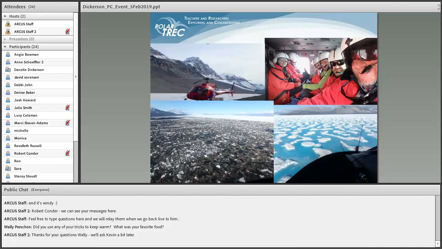So the idea with the different teams that come here to the dry valleys is to study these different areas: the glaciers, the soils, streams, and lakes. And each team goes out and spends like a month here gathering